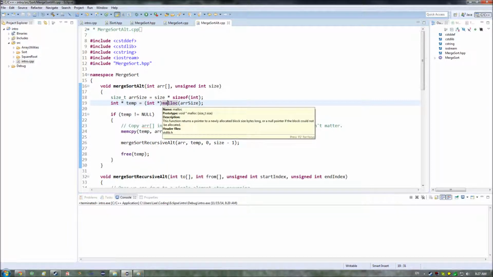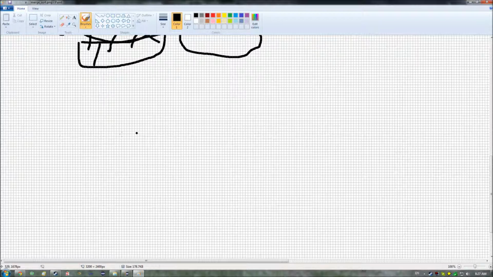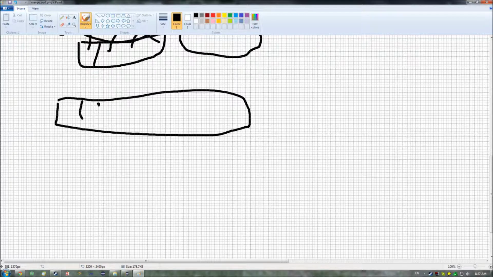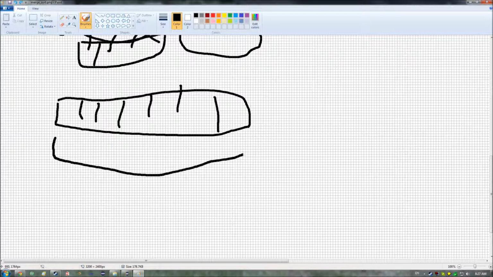Before I get too far into the code, let me take a look at how this changes our general algorithm here. The general change now is that originally we only had this one array, and then, as needed, we would create a temp array over here, and then we would destroy it once we were done with it. What we're doing now, though, is we're creating two arrays of the same size. And the major trick with it is that